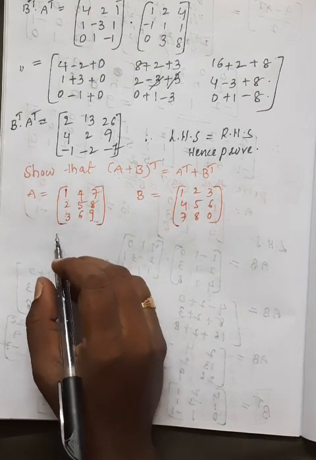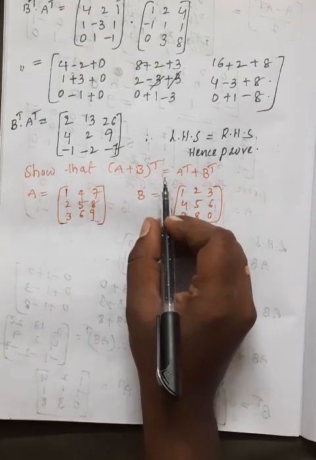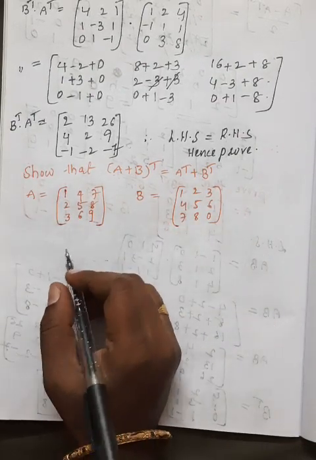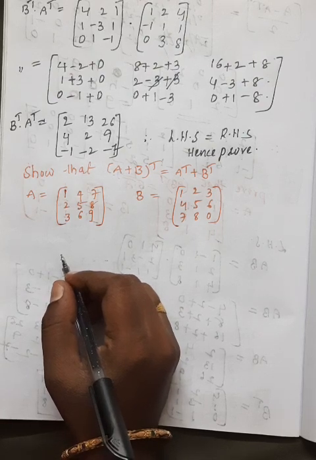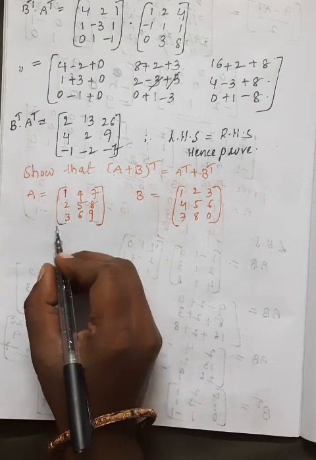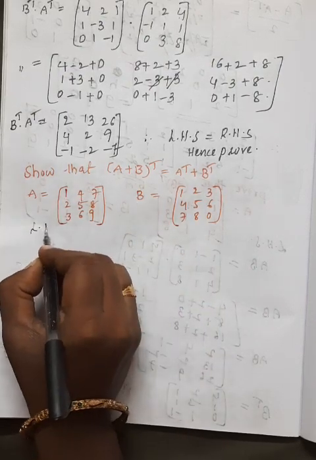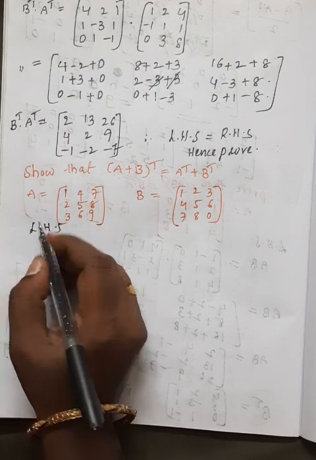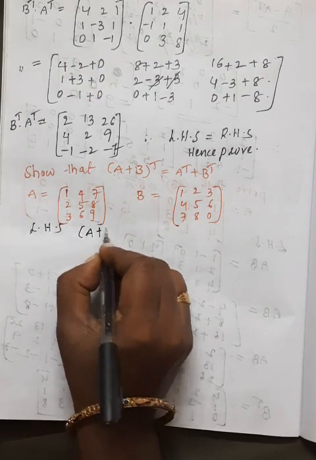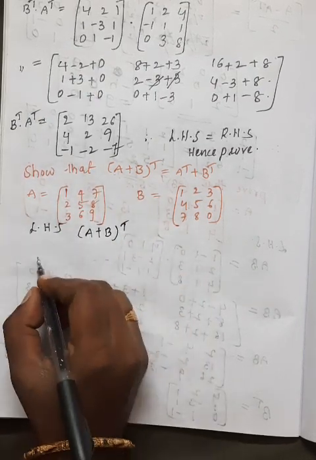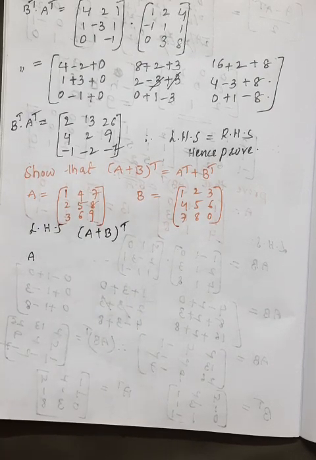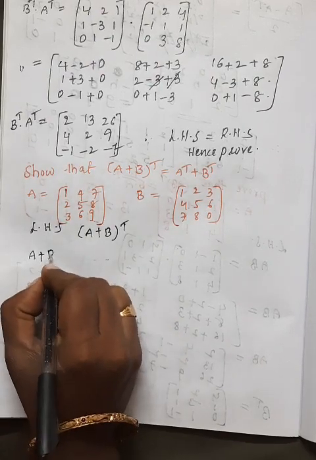Our next proof is to show that (A plus B) whole transpose equals A transpose plus B transpose. This is the second property in our properties of transposes. In the previous question we discussed the fourth property. First of all we have to do LHS, then we have to do RHS and check whether LHS is equal to RHS. Here LHS is (A plus B) whole transpose. First of all we have to add A and B, then do the transpose of the obtained answer. So here A plus B is equal to,